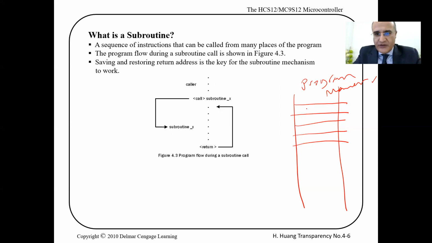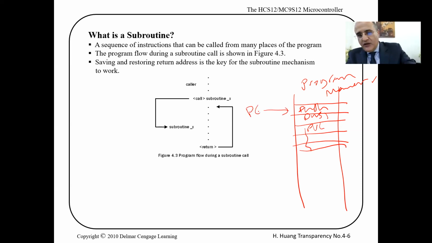An instruction, for example push or pull, takes two memory locations of machine code. We know how to push, pull, three locations. The program counter points to the instruction that is to be fetched to the CPU to